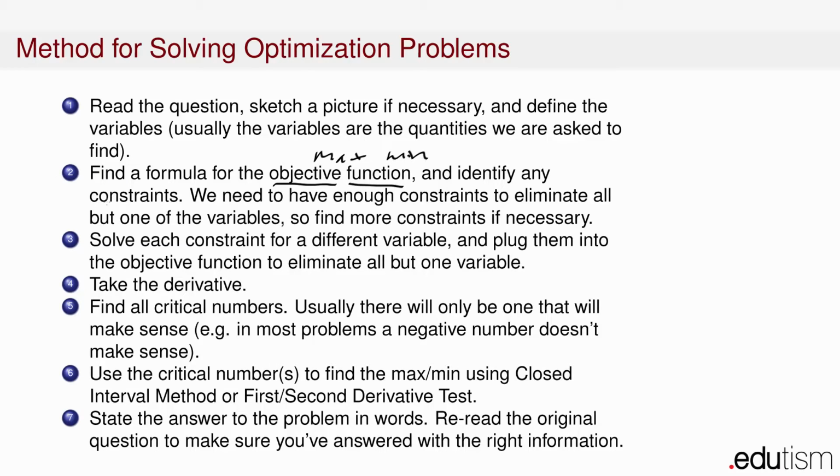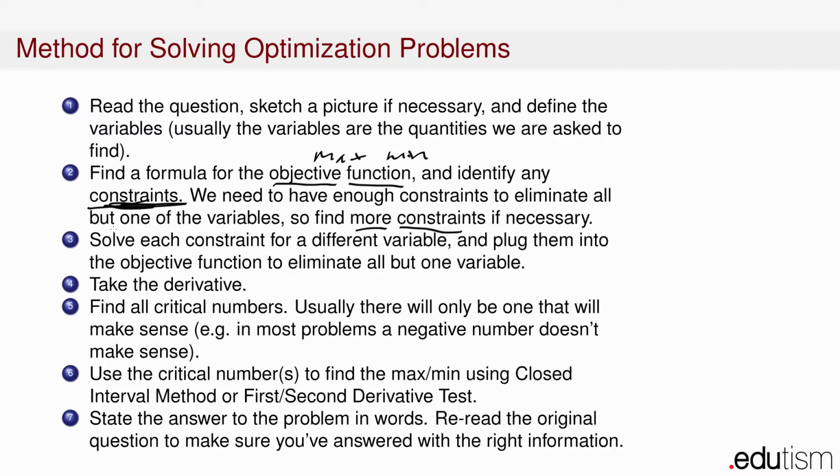And we're going to identify any constraints. Constraints are relationships between the variables that have to be true. We need to have enough constraints to eliminate all but one of the variables. So if we have 2 variables, we need 1 constraint, so we can eliminate one of the variables. If we have 3 variables, we need 2 constraints, etc. So we always need to find more constraints until we have enough constraints to eliminate all but one of the